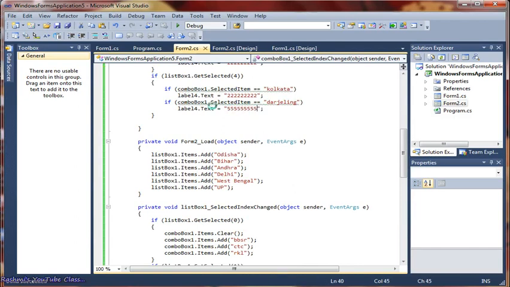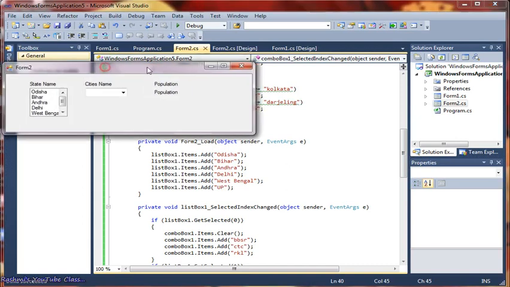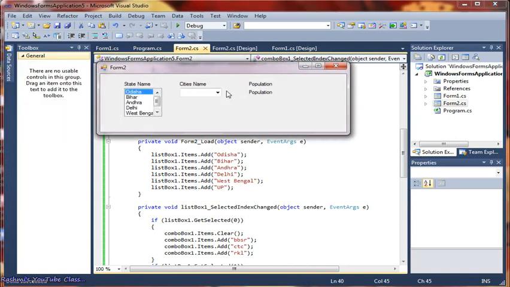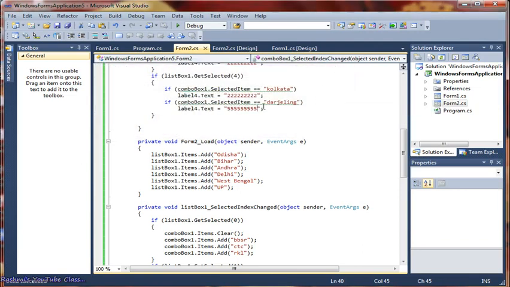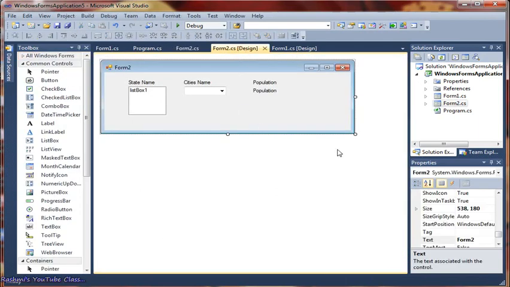So Control F5 to run. We have inputted the data of 3 states, Odisha. See, Cuttack, it is showing. Now suppose I am checking West Bengal. I will get Kolkata, Darjeeling here. So Darjeeling, value changing. Same way going to Bihar. Okay, the value is changing. So this is how the combo box and the radio button can be used in C#.NET. Hope all of you understood the concept nicely. Thank you.